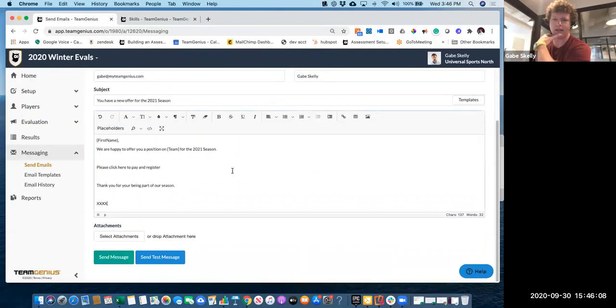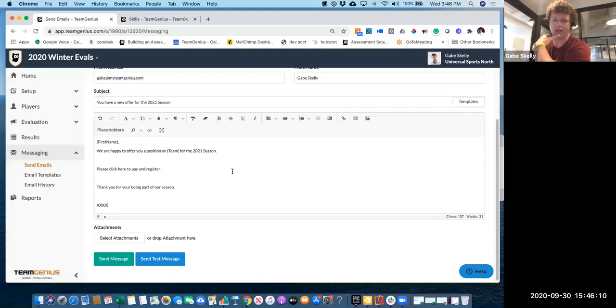Once you send this, couple things. So you can have a template so you can easily do this for as many players as you want. You can also do it all your players at once. So if you get them team placements, you can send this out to say 300 players, and they're all going to get a separate email. It's going to be with their name, the team, and then the link to go register. And then once you go into email history, you're going to be able to go in and see tracking on that. So you'll be able to see